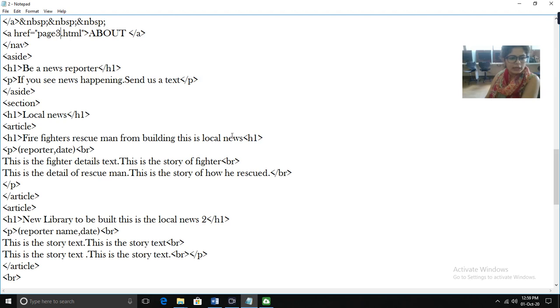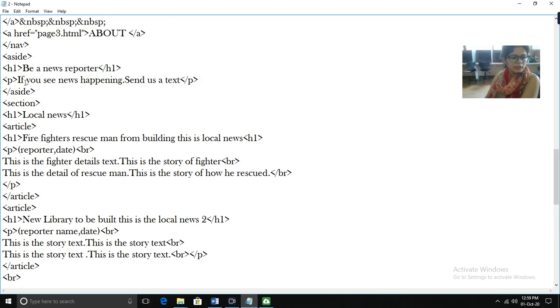It will be displayed as a heading inside the article tag. This is the paragraph tag, reporter and date, and then break. I have used the break tag to move to the next line. Again, this is the text that we have to display. You can write anything. And close paragraph tag and close article tag.